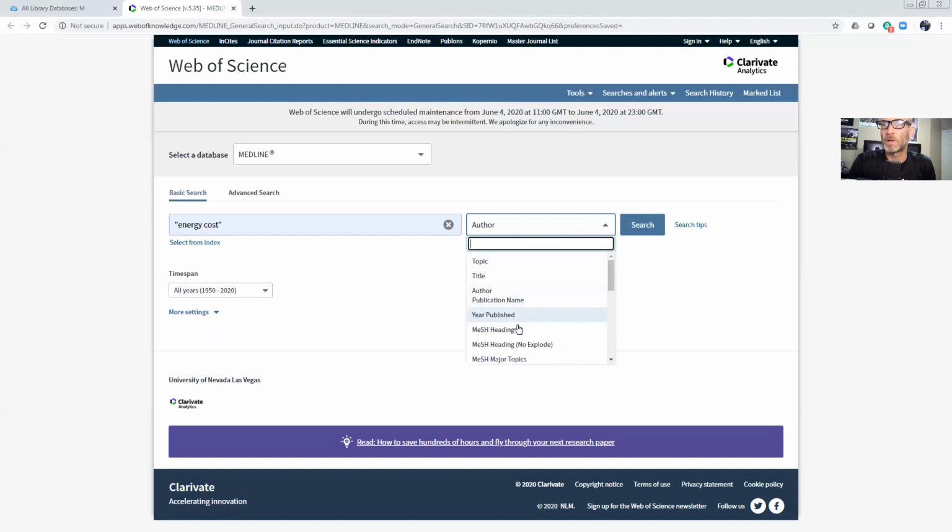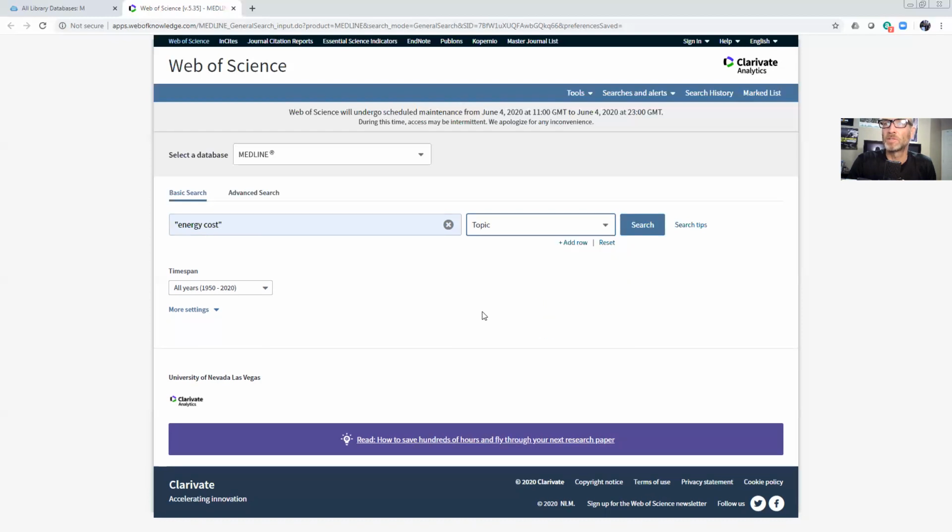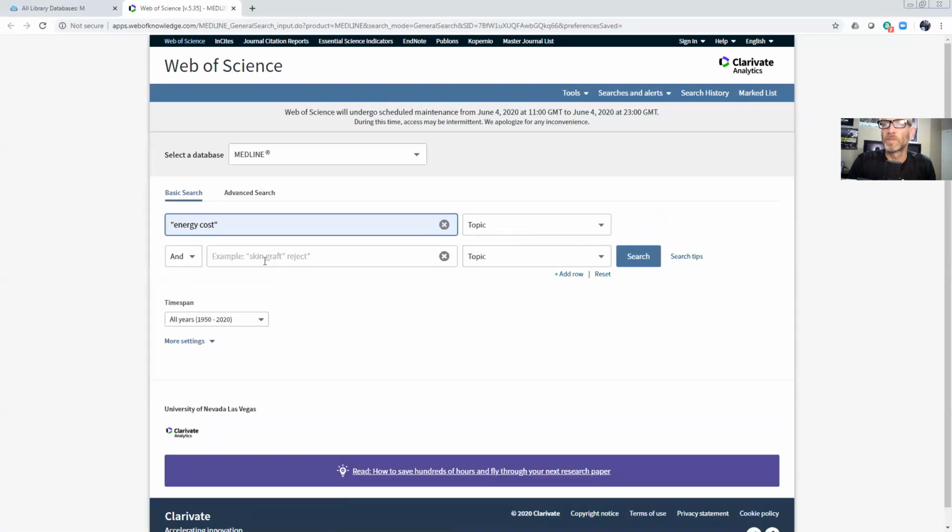Publication name, year published. I can narrow it down that way, but I'm going to just leave it broad and use this as a topic. I can also add additional rows, and maybe I want to do energy cost of running. All right. And then I can add other rows too if I want to,